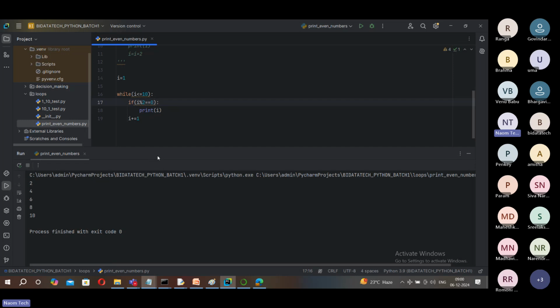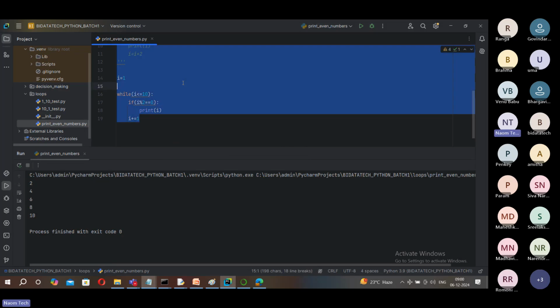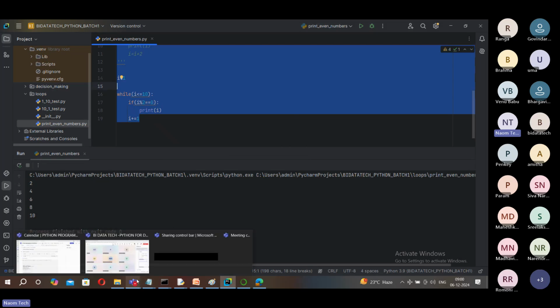So that takes care of validating or checking if each number is even or not. If it is an even number, it should print, else it should skip. So this is the idea, friends, printing even numbers. Got it right? Same thing you can apply for odd numbers, right? So I'm just sharing this code base again so that you can